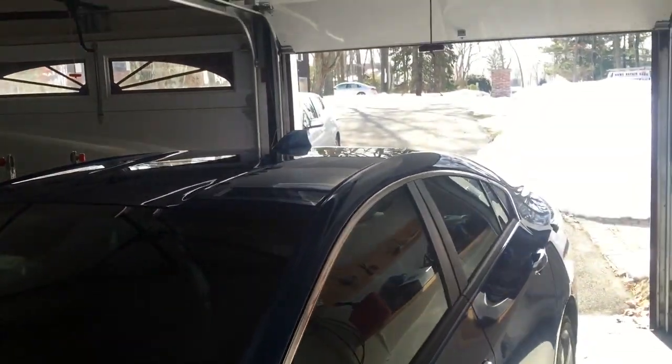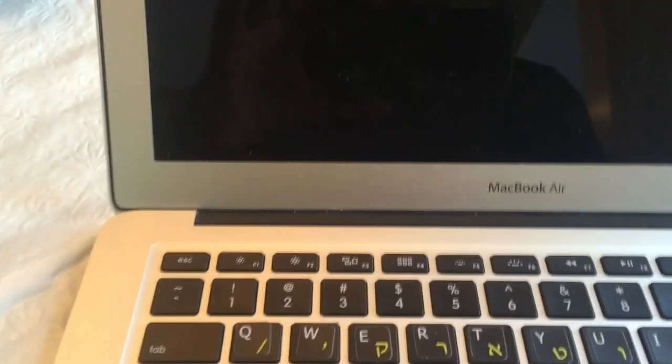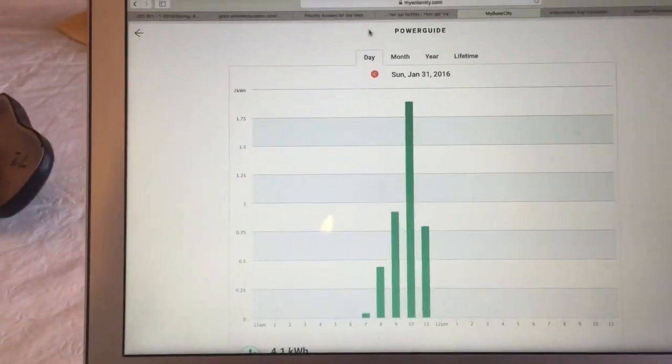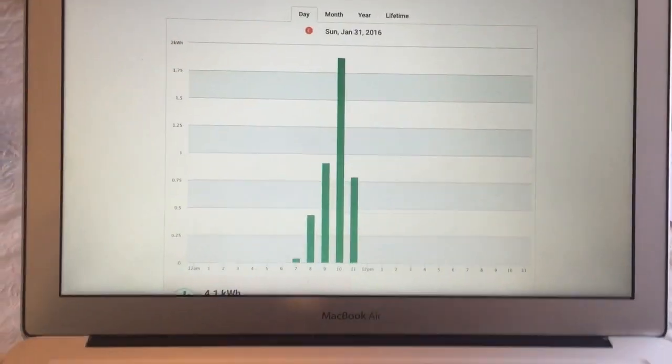Now I'm going to go in the house and show you how this works. Excuse the mess. Now I'm going to show you on my computer how this works, and then I'll tell you which scheme I decided to join. So this is today,